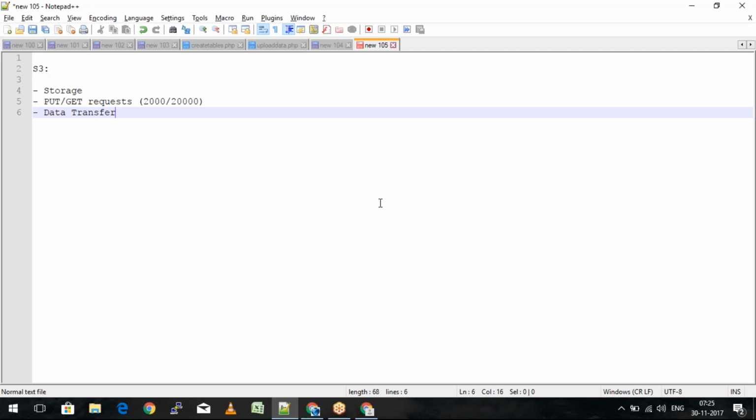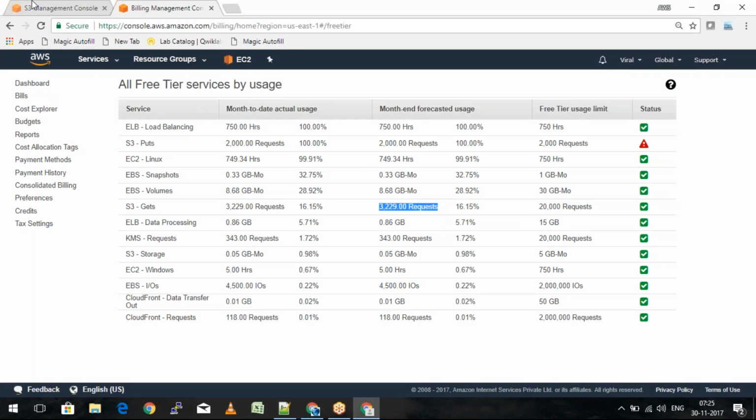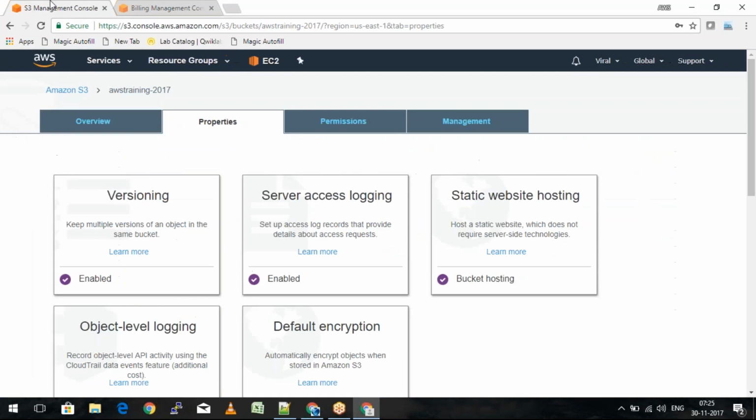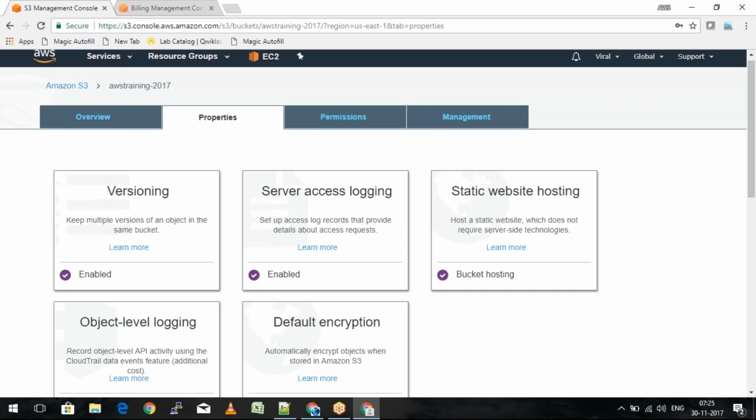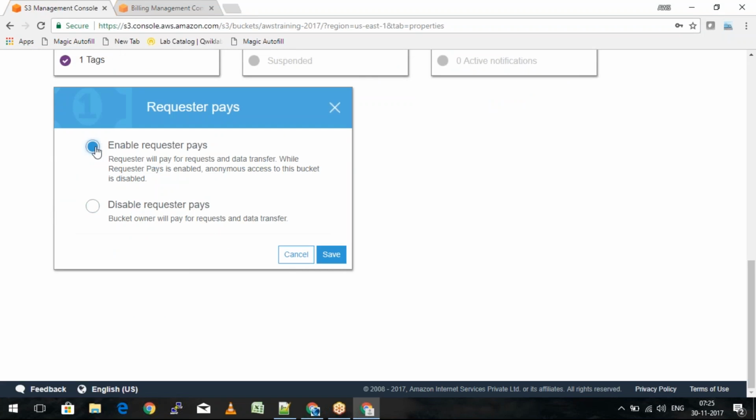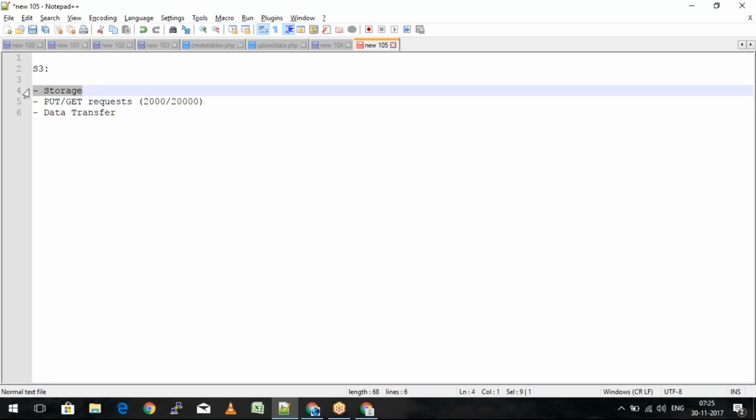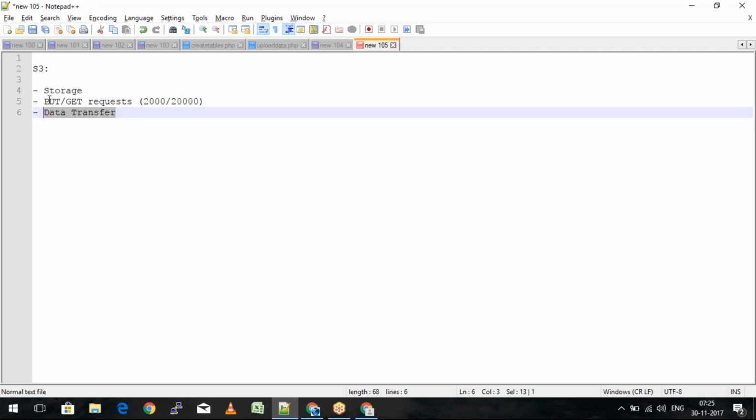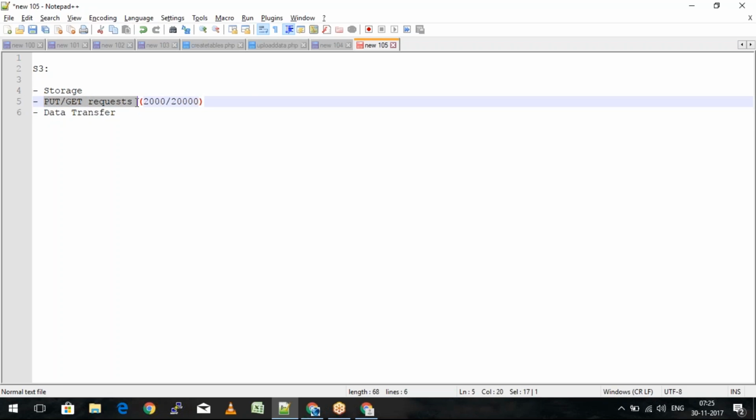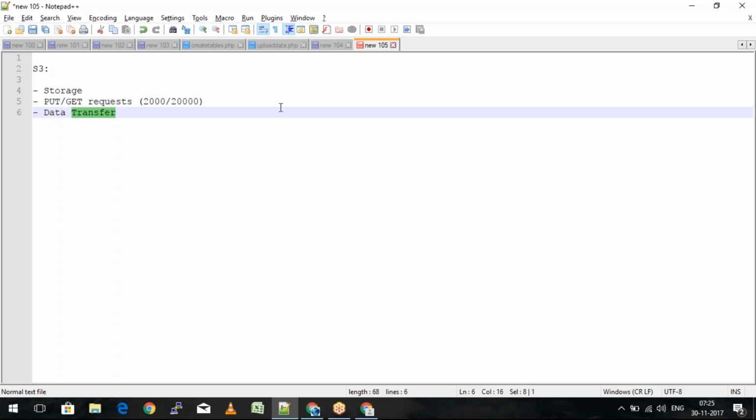Now when we talk about the requester pays, what's going to happen? So when I go ahead and enable this requester pays, it says the requester will pay for the request and the data transfer while requester pays is enabled. Anonymous access to this bucket is disabled. So for the storage, whoever is the owner of the bucket is going to pay for the storage cost, but we are trying to retrieve the transfer charges as well as the put request and get request charges from the user itself. So when we are trying to enable this specific option, requester pays,